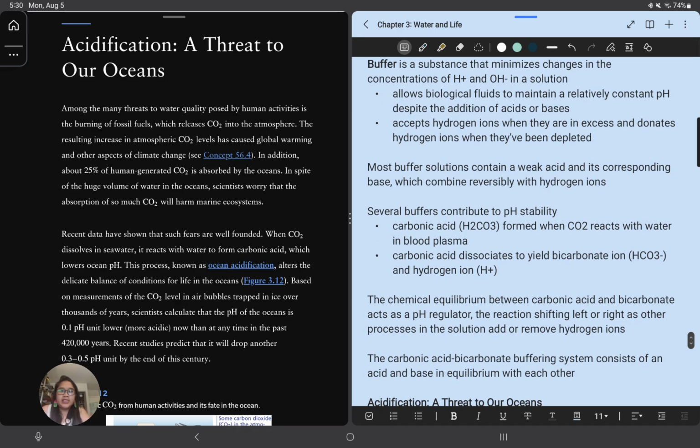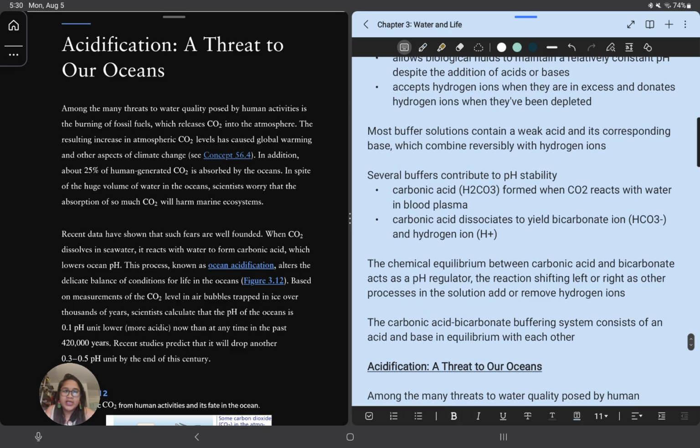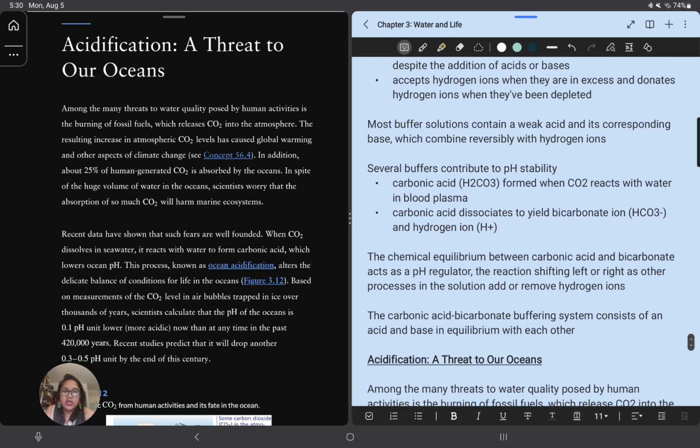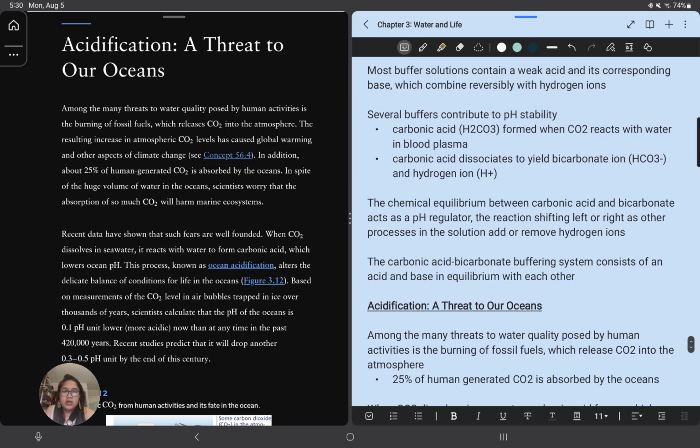A buffer is a substance that minimizes changes in the concentrations of hydrogen ion and hydroxide ion in the solution. It allows biological fluids to maintain a relatively constant pH despite the addition of acids or bases. It accepts hydrogen ions when they are in excess and donates hydrogen ions when they have been depleted. Most buffer solutions contain a weak acid and its corresponding base, which combine reversibly with hydrogen ions. Several buffers